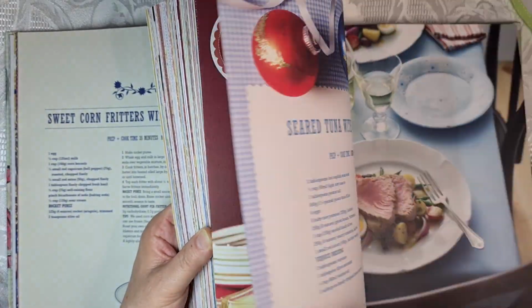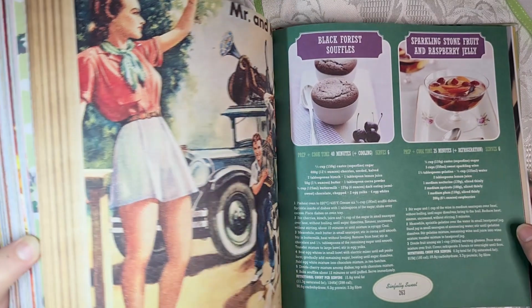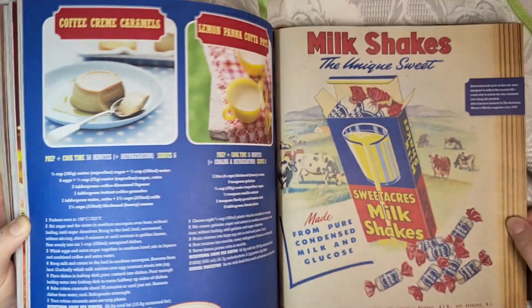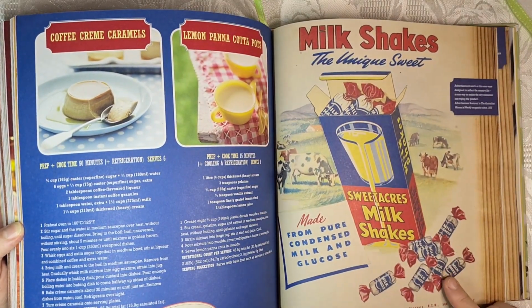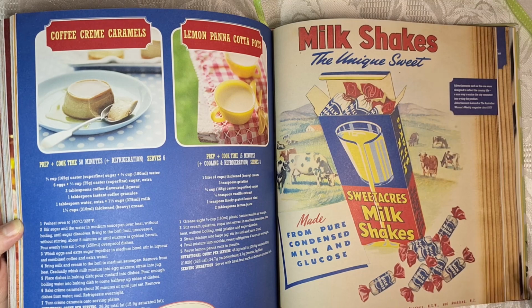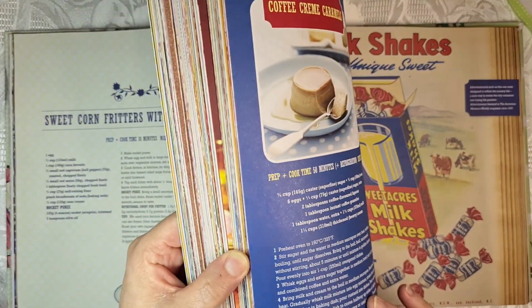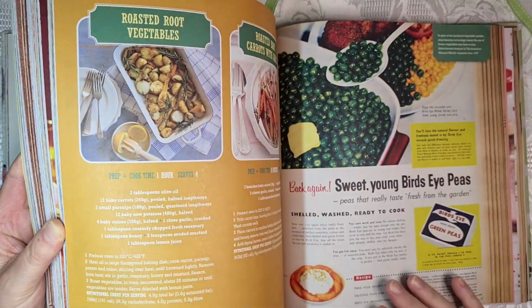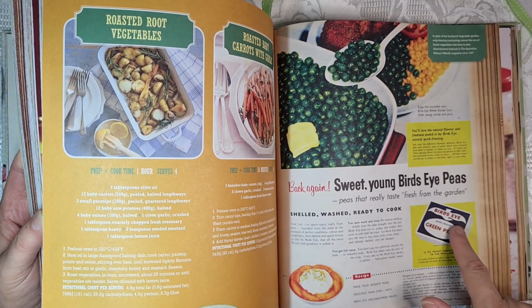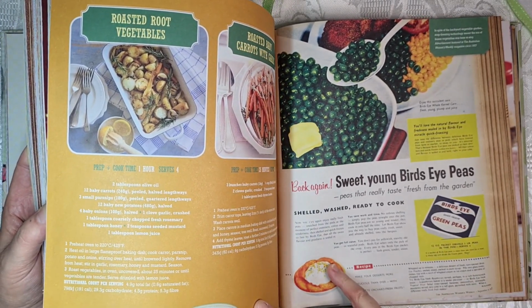So as I say, I don't normally look at cookbooks, but the word retro stood out, and it's got lots of retro pictures in it. I didn't like those sweets. They're called milkshakes, and they're white, and they're so sugary, but you chew on them, and I used to get, it was really strange, instant toothache. It was bizarre. It would cause me instant pain. I found that really weird. Bird's Eye, oh my goodness, we used to have Bird's Eye fish fingers all the time. Don't know about green peas, but